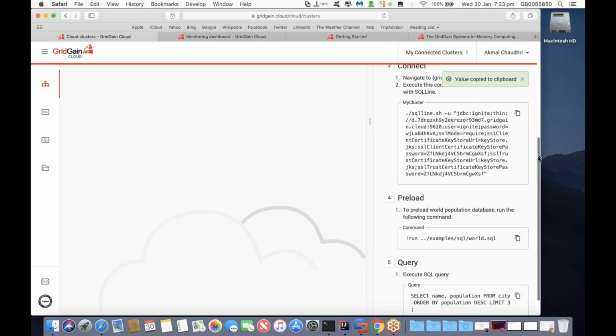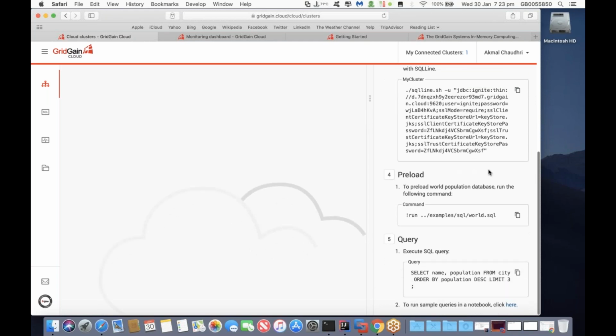And again, what we have is the opportunity to preload the database. We can do this directly from the command line environment, and I'll show you that in just a moment as well. Okay, let me zoom out, and then finally at the bottom, we can run an example query. So if we look at this, this is again a simple select statement, similar to what we were running just a few moments ago in the web environment, but this is running it directly from the SQLine tool. So now we have a client which connects to our cloud environment, and then from that